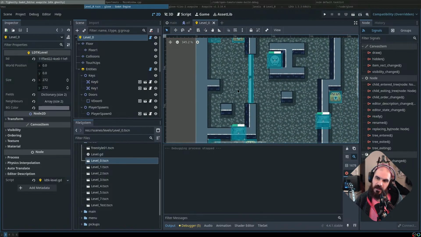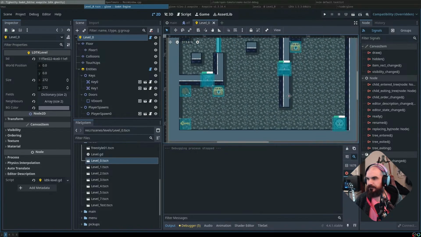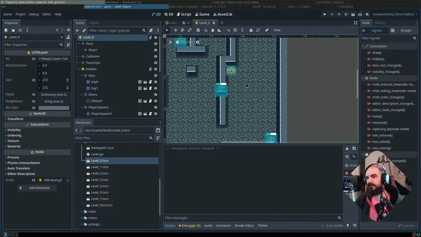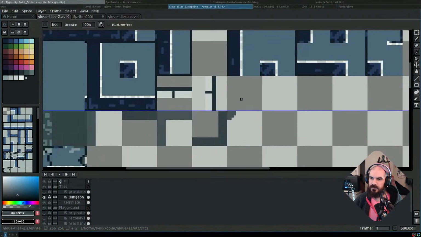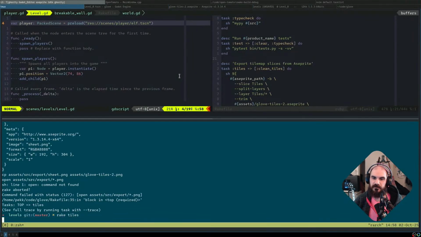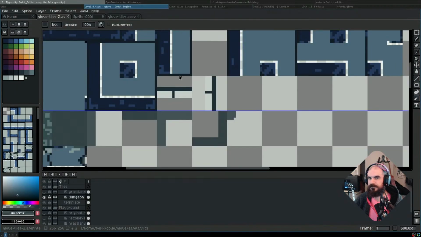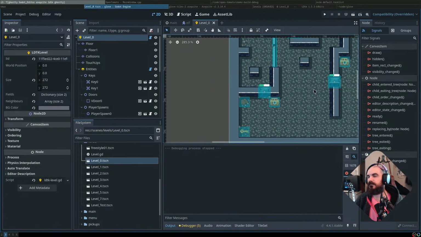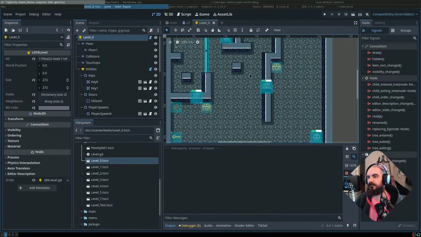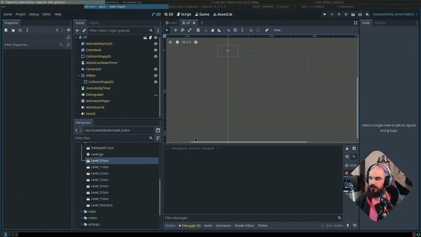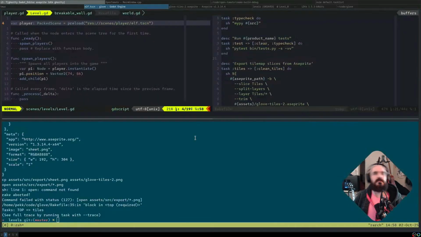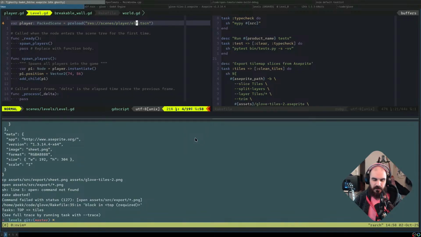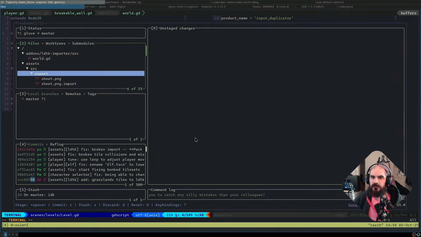Oh, but it's gonna tile that, so it doesn't really make sense. Maybe we just leave it the way it was. Or we go like that to make it a little bit more subtle. Okay. So that's kind of cool, I guess. And then what we do is we go here and we do